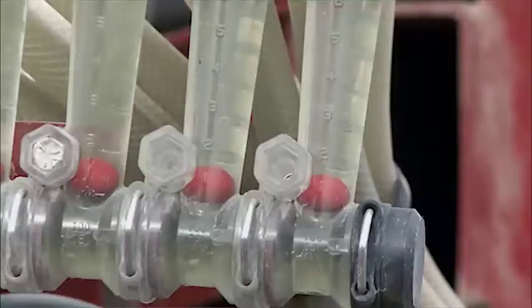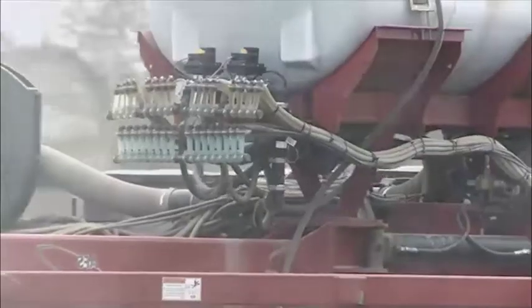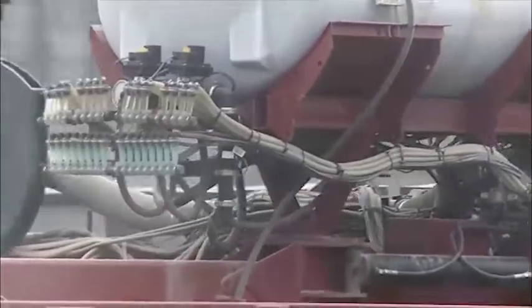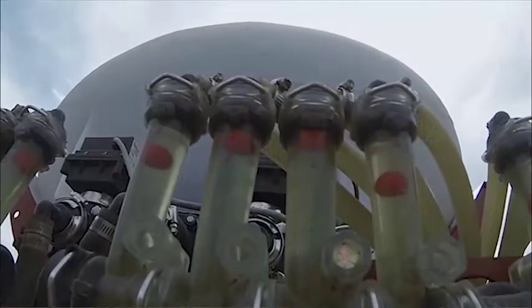Today what we can see here is where the grower was using row starter at 2x2 with phosphorus, 28% nitrogen, ammonium thiosulfate, and zinc micronutrient. We can see that the grower had some planter problems, probably in the pumping of the fertilizer, and we can see that we have an erratic uniformity in the field. And we're going to examine exactly what the nutrient deficiencies are in this field from the lack of this row